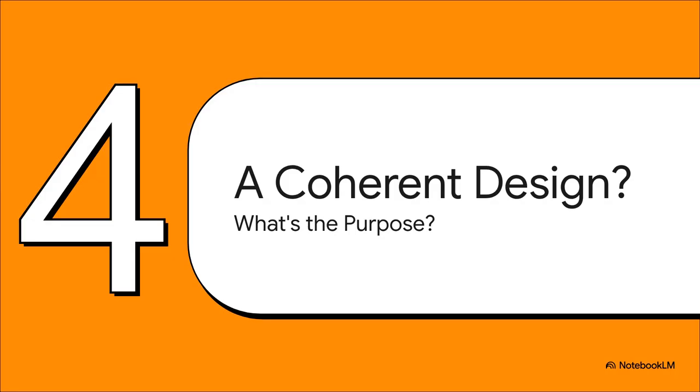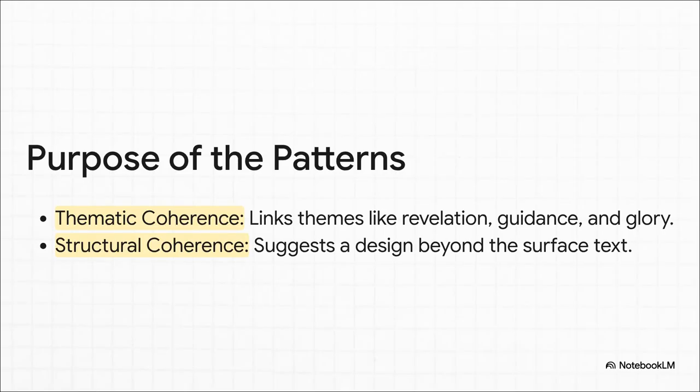Okay, let's take a breath. We've seen links in the text, we've seen numbers being added up, and we've got this potential master number. But what's the point of it all? I mean, why would such a complicated system even exist in the first place? Well, the people who support the QNTP theory say this isn't just a numbers game. They believe these patterns have two main jobs. First, to create thematic coherence, digitally linking all those key verses about revelation and glory. And second, to provide what they see as evidence of a deliberate divine structure, something hidden just beneath the surface of the words.